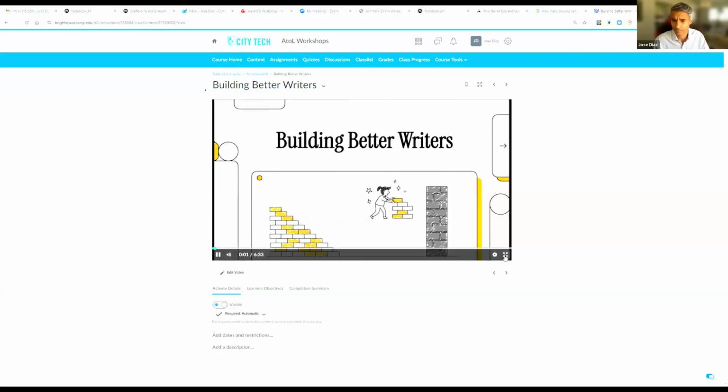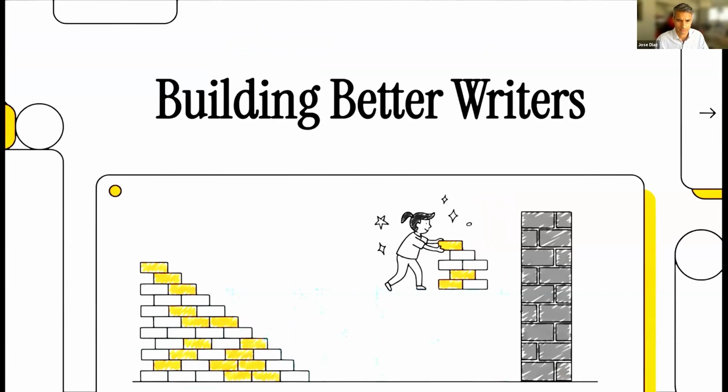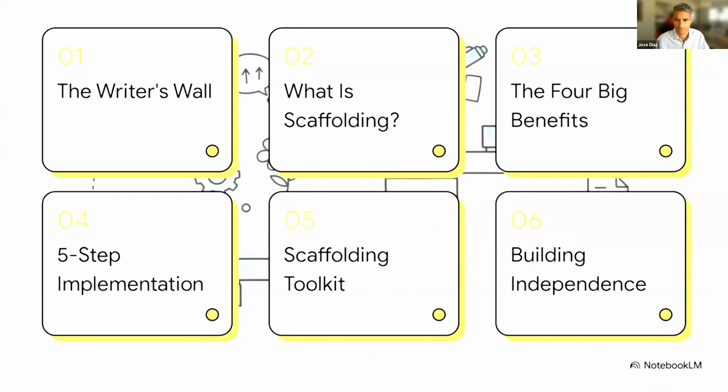If you're an educator, you know this moment. A student is staring at a blank page, just stuck. Well, today we're talking about the one tool that can help break down that wall, writing scaffolds. We're going to explore how these temporary supports can build something truly permanent: skill, confidence, and of course, independence. So here's our game plan. First, we'll tackle that all too common problem, the writer's wall.